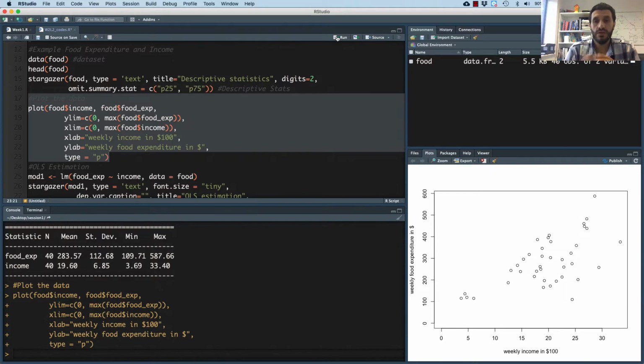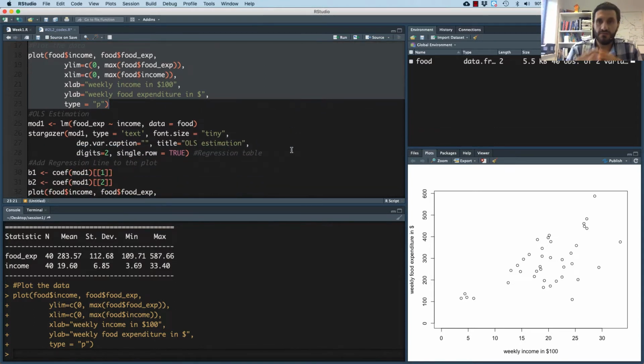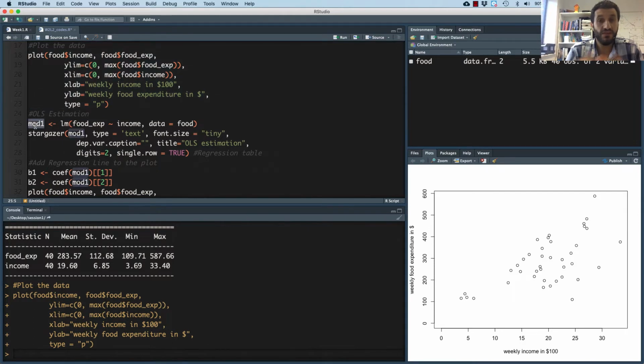Now we have a scatter plot, and again, this is the scatter plot you could see in my slides. The point here was to use this very simple and very small data set to run a very basic linear regression model. To do this, I just give it a name. I call it Model 1, but you could call it anything. The function here is lm, which stands for linear model. And the way you enter the variables, we know that food expenditure is the dependent variable in our model, so we start with our dependent variable, followed by this sign here,